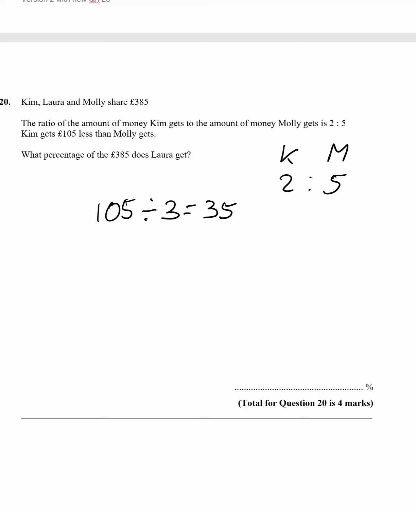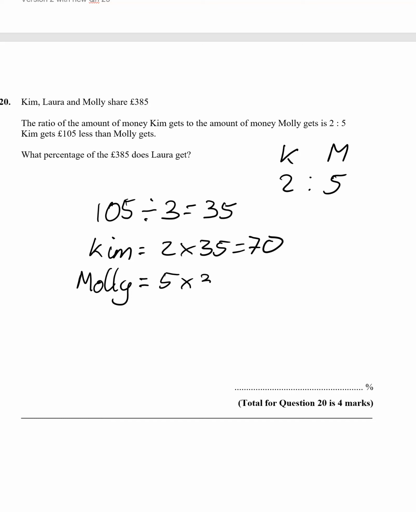So 1 bit is 35. So Kim gets 2 lots of 35. Molly gets 5 lots of 35. 5 times 35,